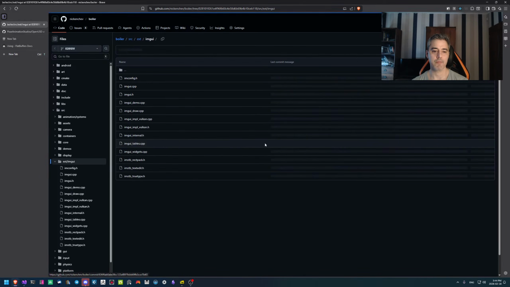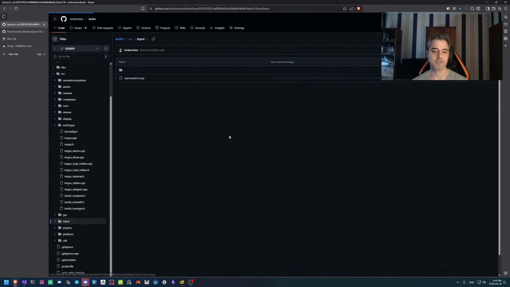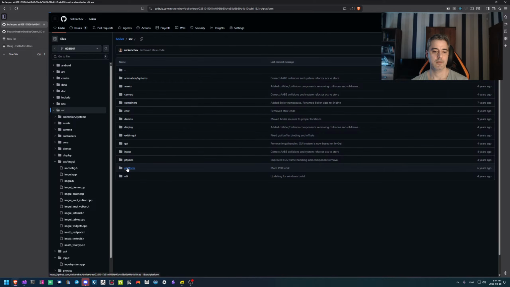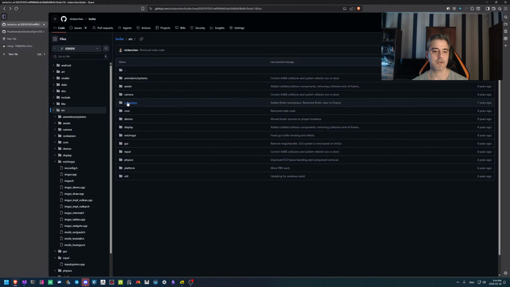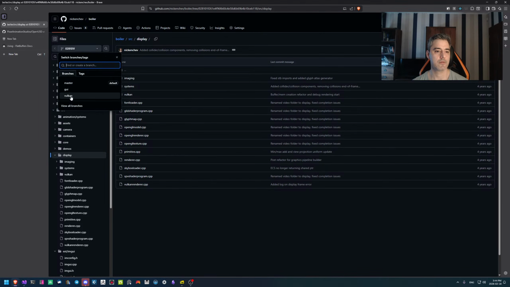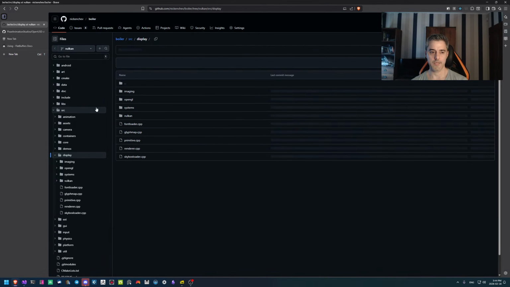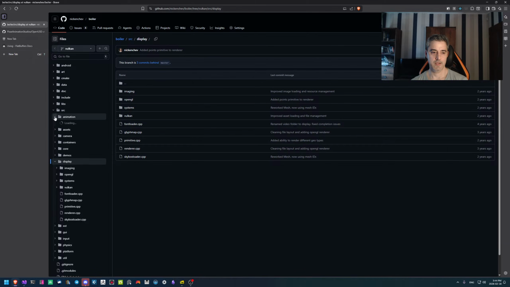Like, it was using IMGUI, input systems, and there's platform specific stuff. Where's the rendering stuff? If this is the latest, and I think this is, yeah, it was like loading stuff from